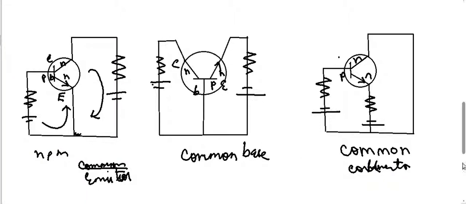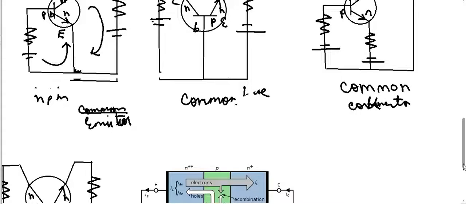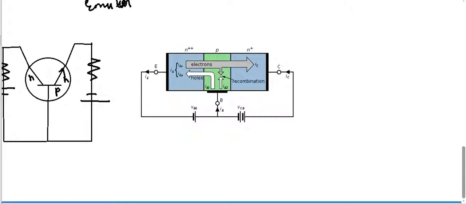collector. So now let us see why we do these weird connections. What is the utility of doing all this weird doping and these connections? So let us discuss the working of a transistor. Once we understand the physics of the transistor, we can easily deduce how a transistor can be used. So here I have denoted a common base transistor.